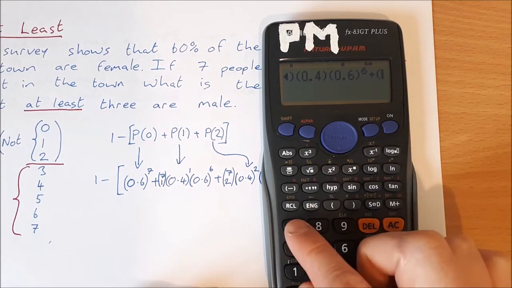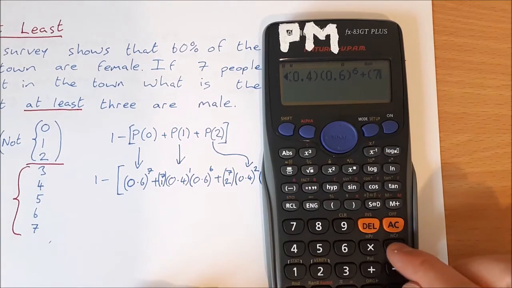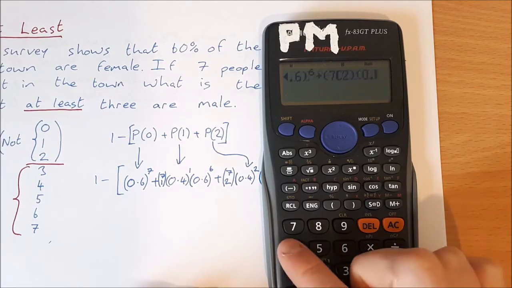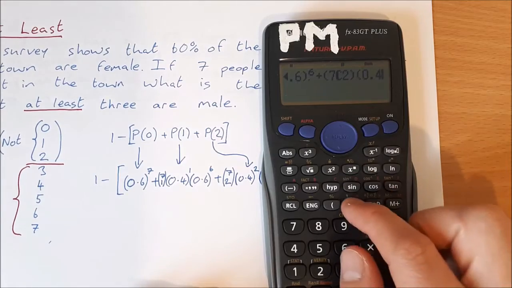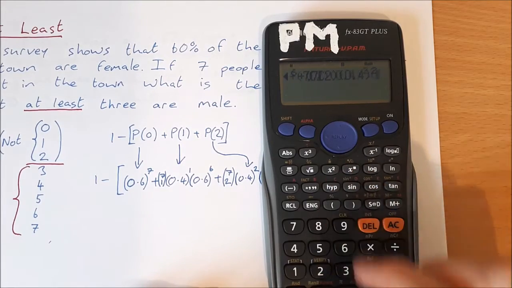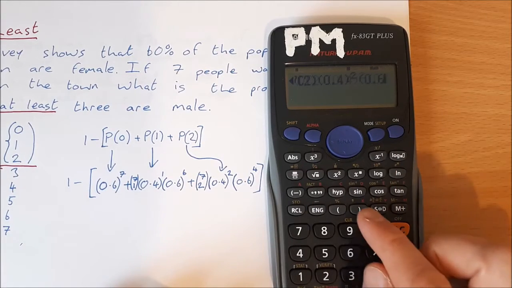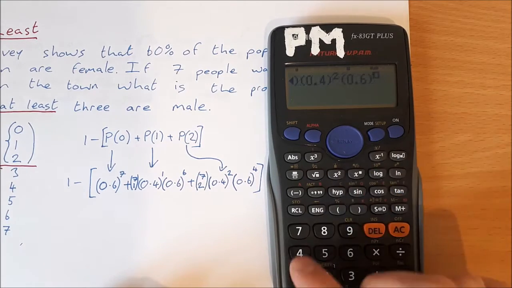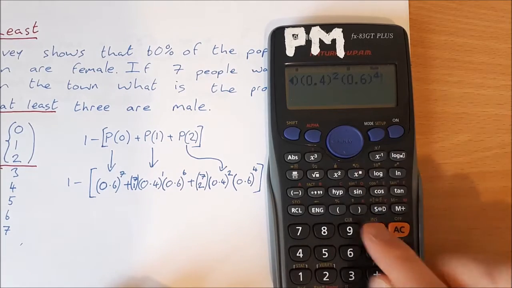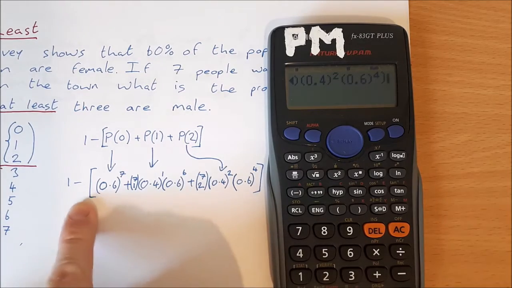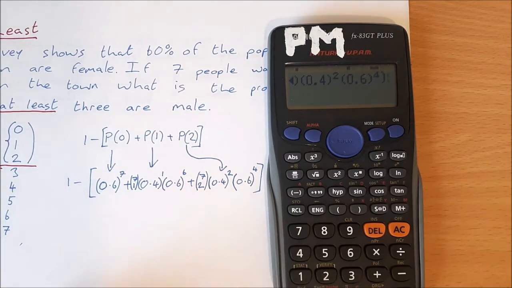bracket 7 choose 2 times 0.4, close bracket, squared. Next bracket is 0.6, and that's to the power of 4. And then don't forget to close your last bracket at the end. So if you follow all of these inputs here with the brackets that I have, you should be fine and it should work, and you should get an answer of